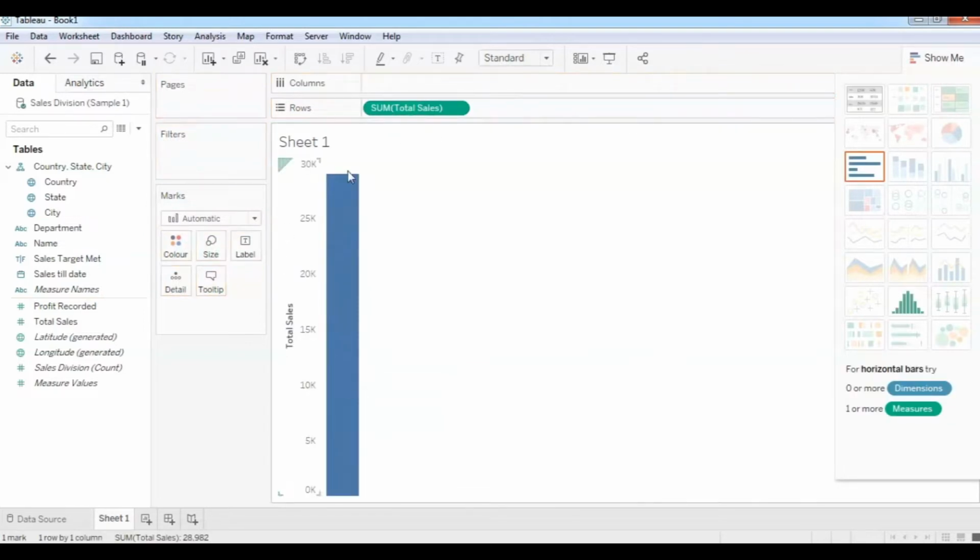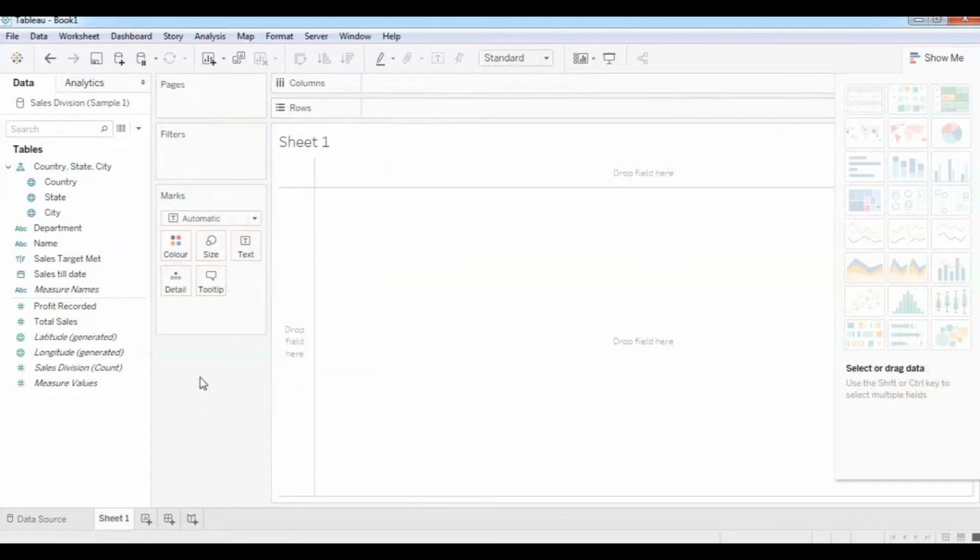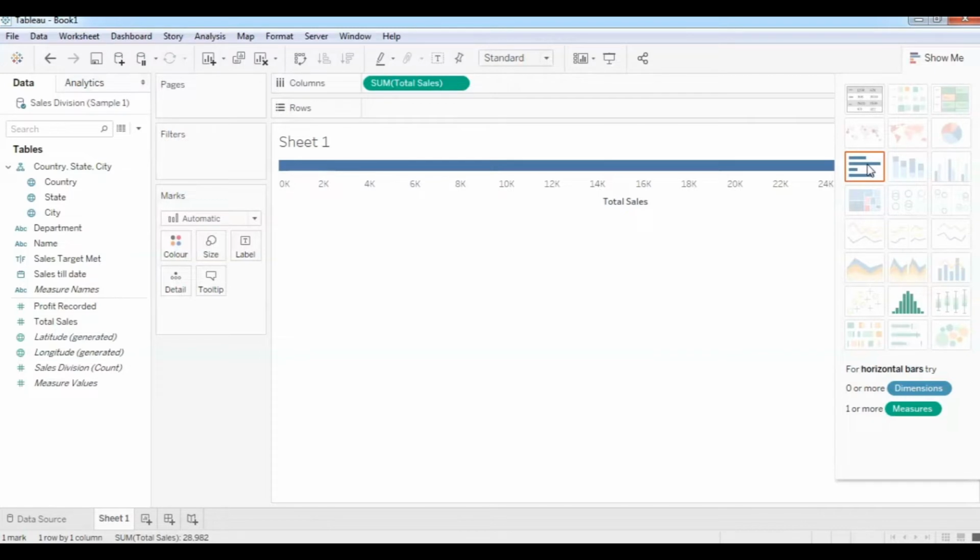So you can see that total sales is selected over here, and you just see what the total sales of the entire data source are, right? If you don't want it, just remove it from here, and then select total sales and click on this button. You can see that total sales has been shown over here in bar chart form. So this is the fast way to create the chart,